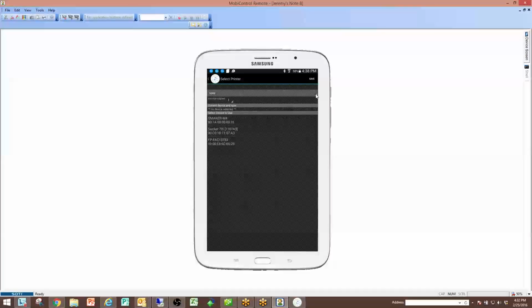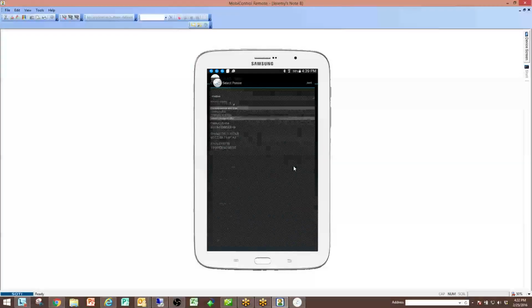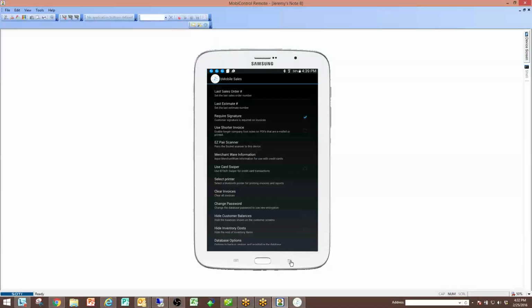You want to choose the type of printer you're using, which might be a PrintTech, and then choose it off the devices that are paired to this device. So I know that this particular unit is a PrintTech printer, Field Pro. I'm going to go and save that, and then at that point I can back up and I can go